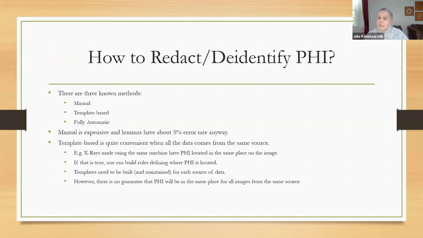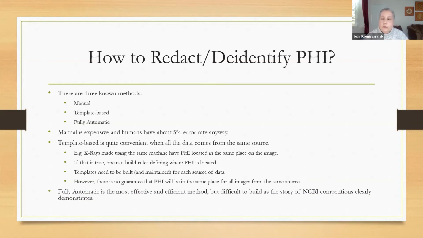But let's say a technician decides to generate an image which will be slightly different, or the image that you are processing came from a different machine. Then the problem is that the template is no good, and you don't even know whether or not it missed something. For example, in DICOMs, quite often they not only include images, but they also include a scan of your report. And that's where the semi-automatic template-based methods fail, because they don't distinguish between the two.